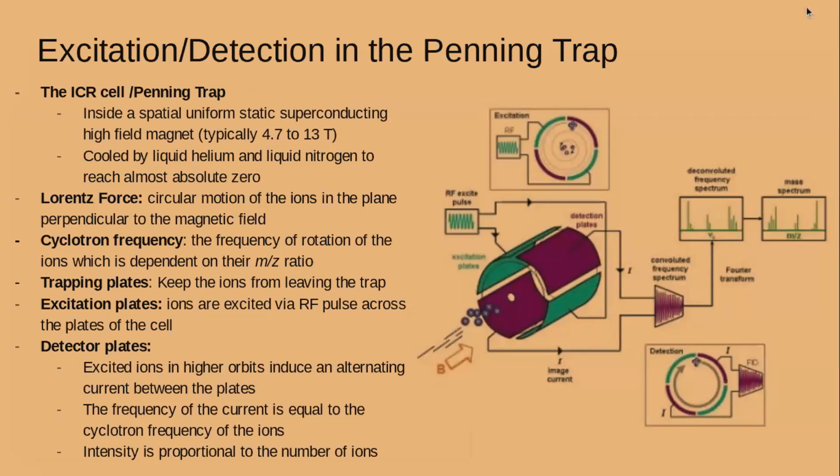Okay, and now the fun part. The ions, once they are put into our ICR cell or the Penning trap, we have this uniform static superconducting high field magnet, which is typically about 4 to 13 Tesla. But there's this FTICR magnet. I don't remember where it was, but it's a 21 Tesla magnet,